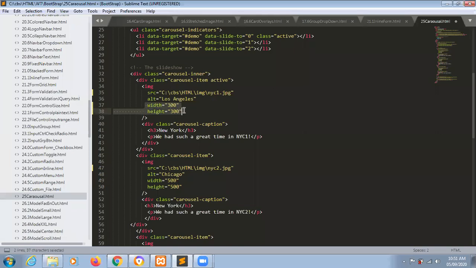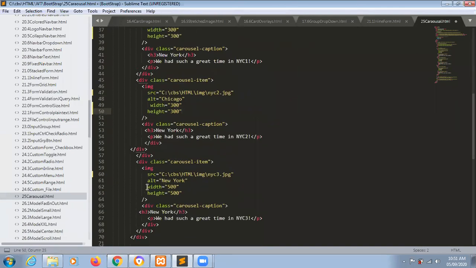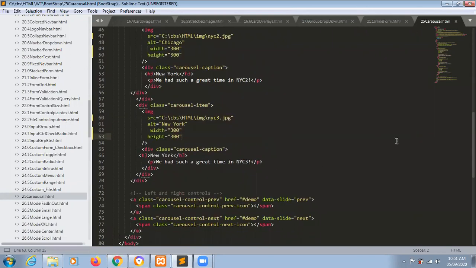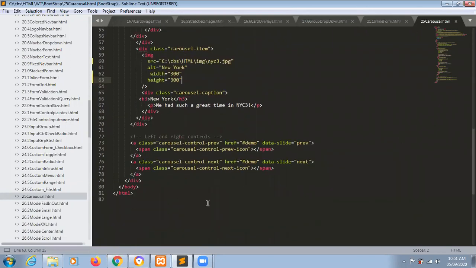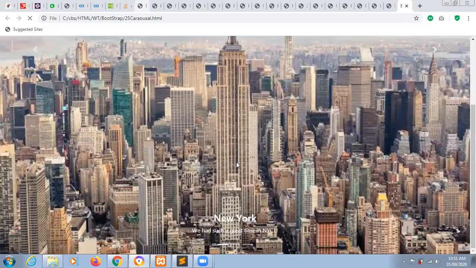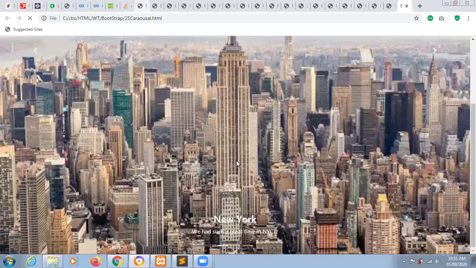So madam, I have to reduce the size. Then I have to set the height and width small here, 300 by 300. Yes, you have reduced. Sir, for all the carousel images, the width and height should be the same. This one I have given 300 by 300, same for all. So, is that working? That's why I'm checking whether it works or not. Not working, madam.